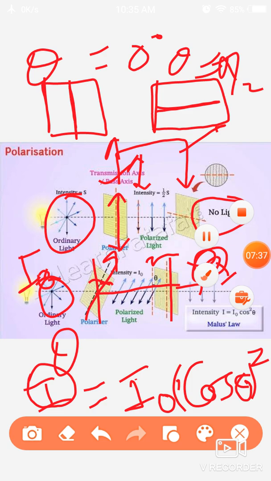In our next lecture we will talk about how many types of polarized light there are: plane, circular, and elliptical polarized light, what their nature is and how they are defined, how to draw their magnitude and sketch them on a plane, and what the relation is between the electric vector and the polarization angle. Thank you.